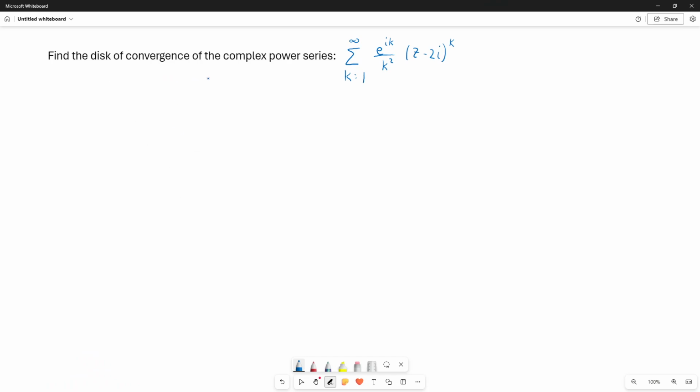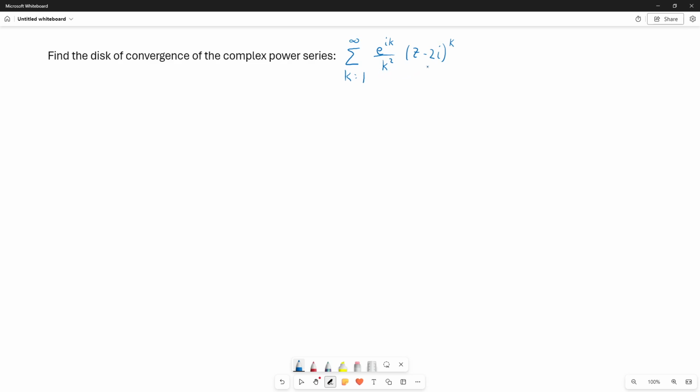Find the disk of convergence of the complex power series, the summation k=1 to infinity of e^(ik) over k squared times (z - 2i)^k. So first, notice we're starting with k equals 1 to avoid division by 0